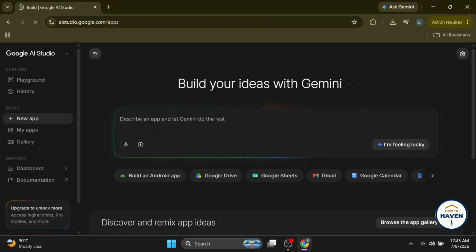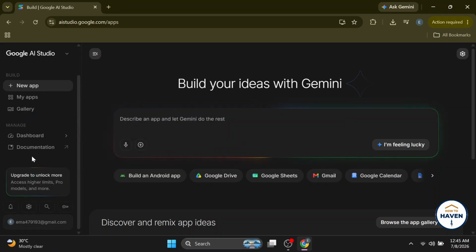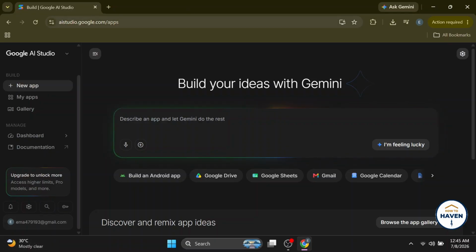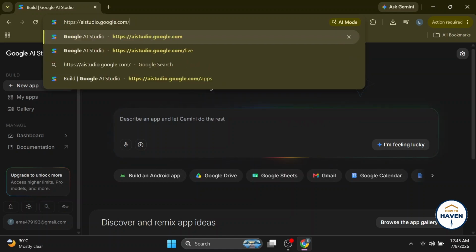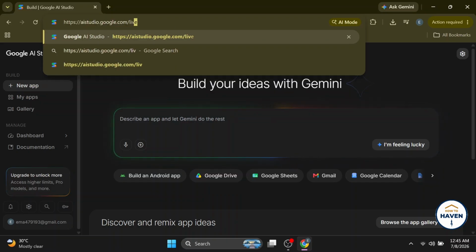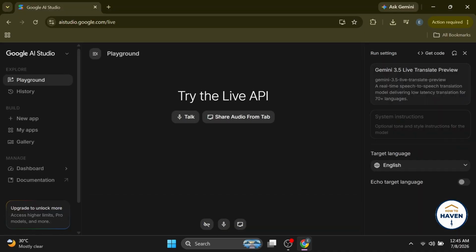So once you're over here, you'll be able to see a live button over here. But let's say you're not able to see that. First of all, you got to make sure that you're logged into your account and then just follow me along. You're going to click on the URL at the top and simply remove everything that is after aistudio.google.com. You're going to type in a slash and then type in live, press enter, and you'll be taken over to